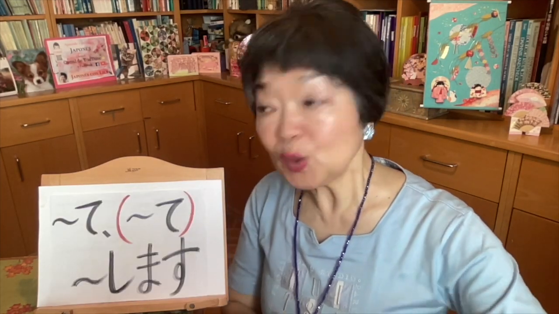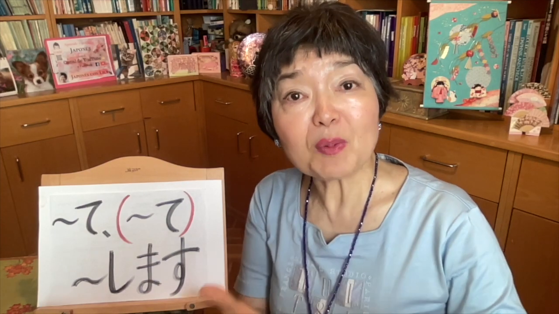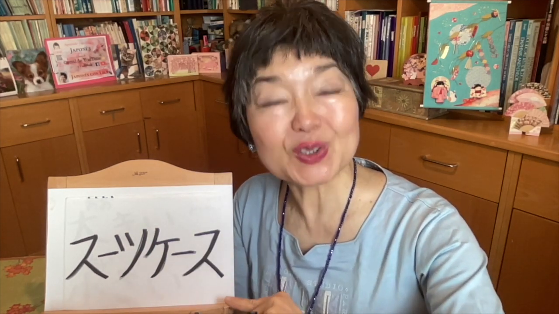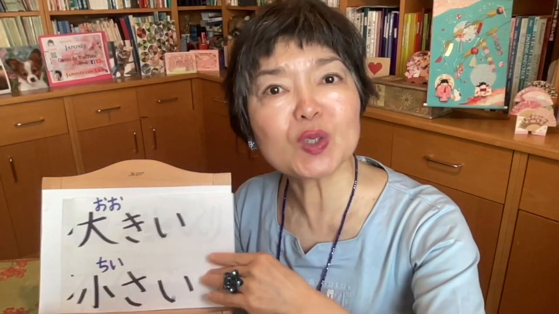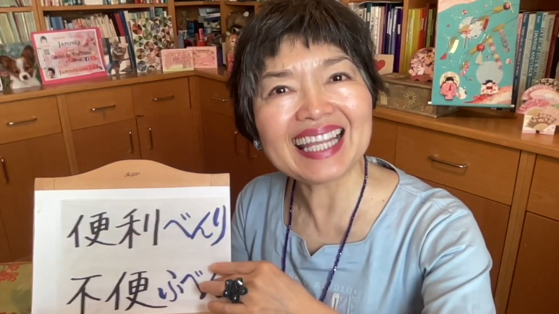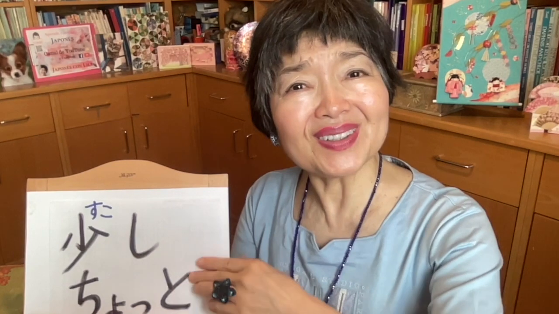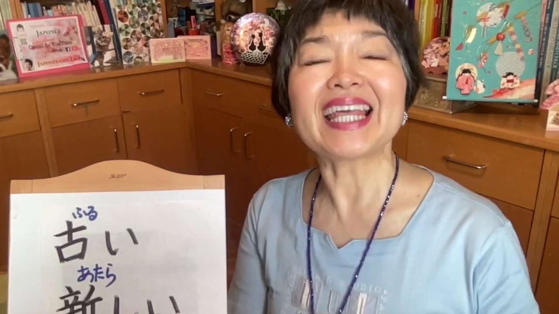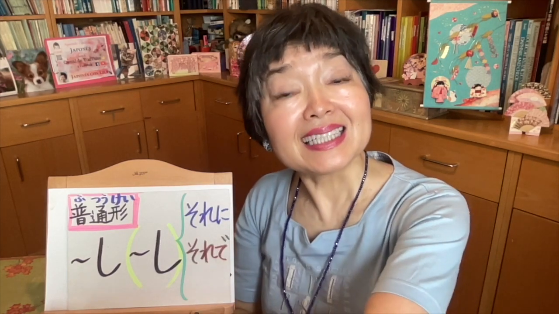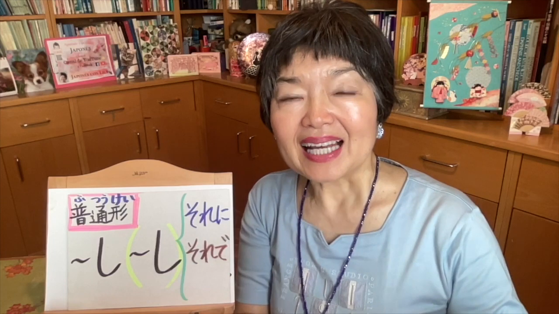In this case, we can use て because I'm telling something objective, and this is truth. 私のスーツケースは大きくて便利で、ちょっと古いです。